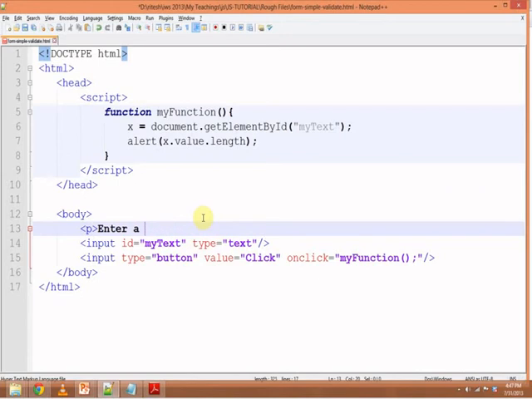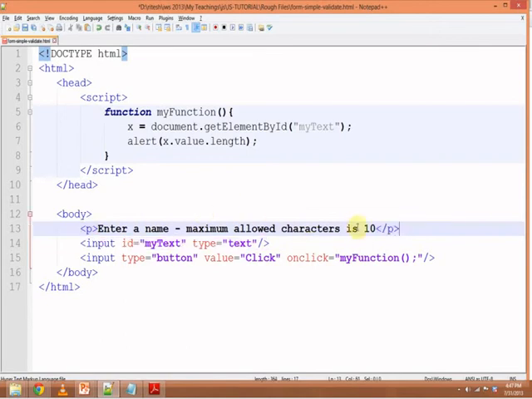Now let's say I have a p tag and I am specifying a rule for the user that you need to enter a name and the maximum allowed characters are 10.